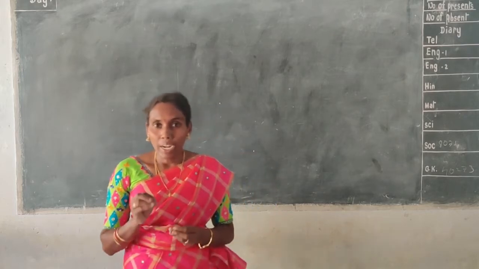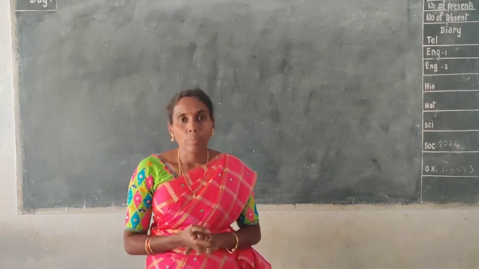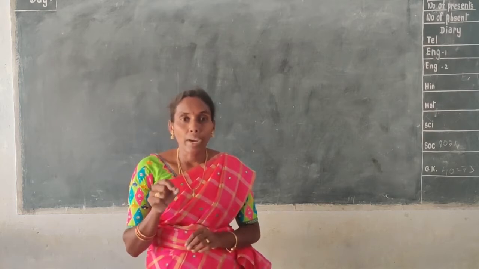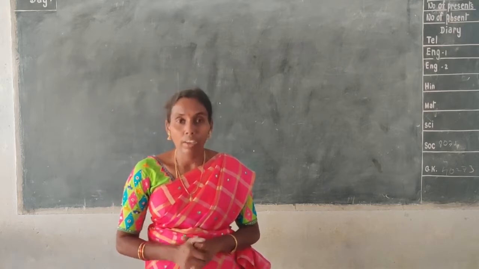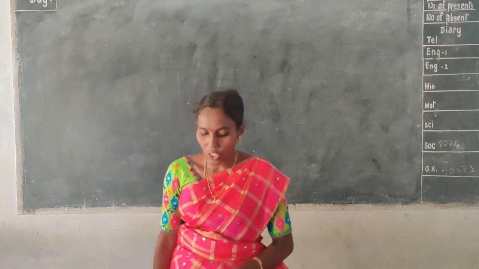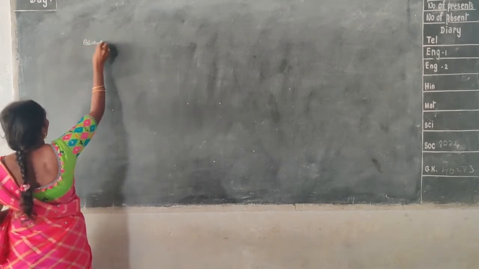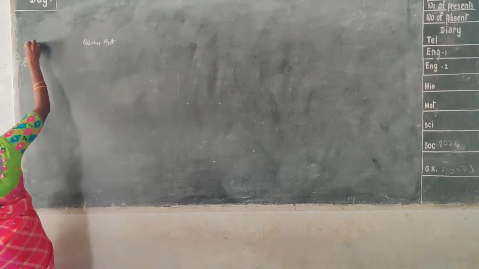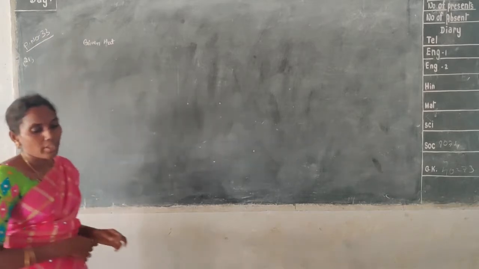Here a particle travels a distance of 10 meters in the first 5 seconds and again travels 10 meters in the next 3 seconds. The particle always moves with constant acceleration, that means uniform acceleration. We need to find the initial speed, acceleration and distance covered in the next 2 seconds. All of you look at the board, problem number 21, page number 33.